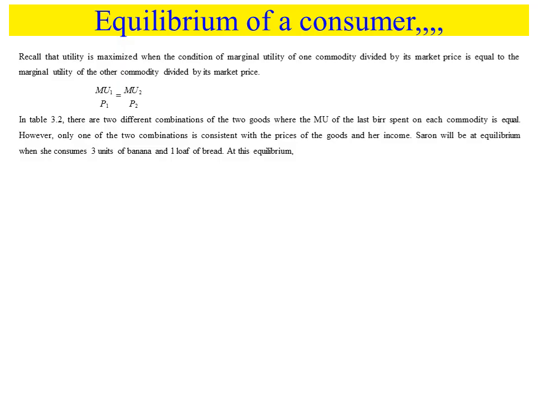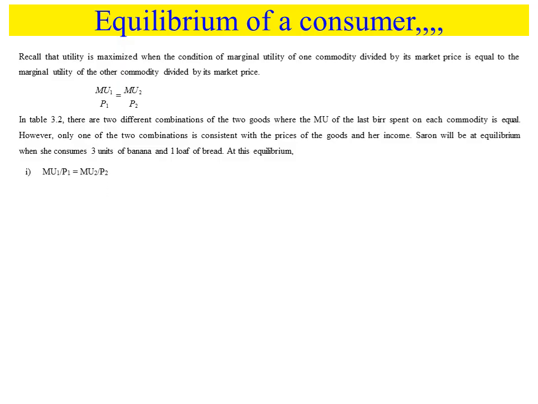However, only one of the two combinations is consistent with the price of a good and her income. Sharon will be at equilibrium when she consumes 3 units of banana. The price of banana is 1, 3 times 1 is 3. And 1 loaf of bread, the price of the bread is 4, 1 times 4 is 4. 4 plus 3 is 7. That is equal to our